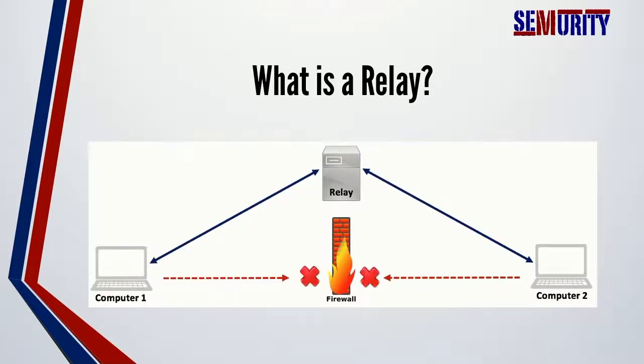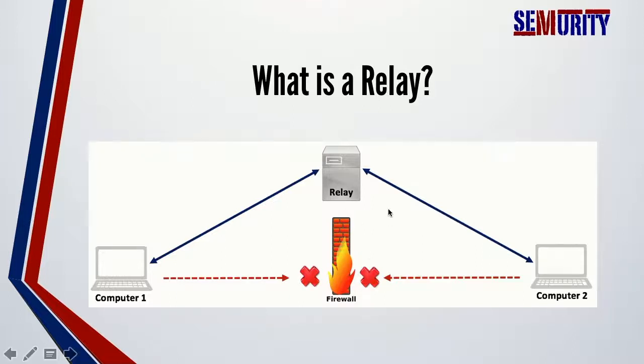Let us have a look at this network architecture. Computer 1 on our left side is our penetration testing computer. This is our system from which we are conducting our ethical hacking or our attack. And then computer 2 on the right side is our target system. This is the system we are considering running shell access or accessing resources on, or exploiting.